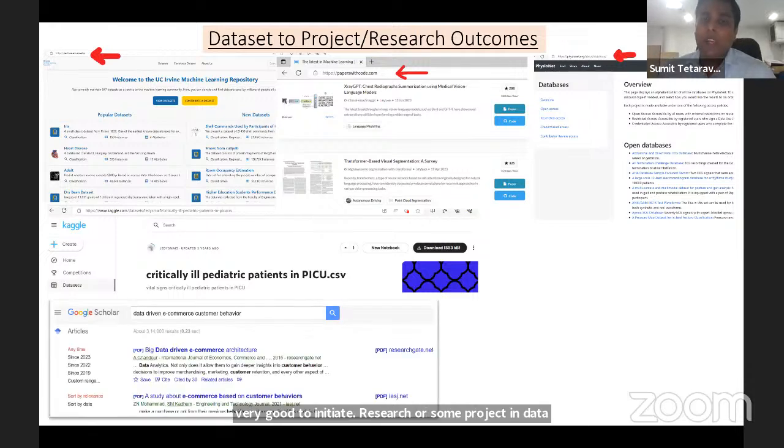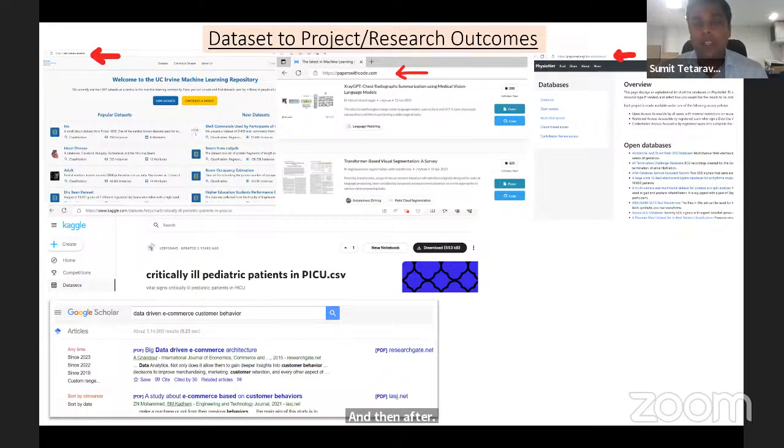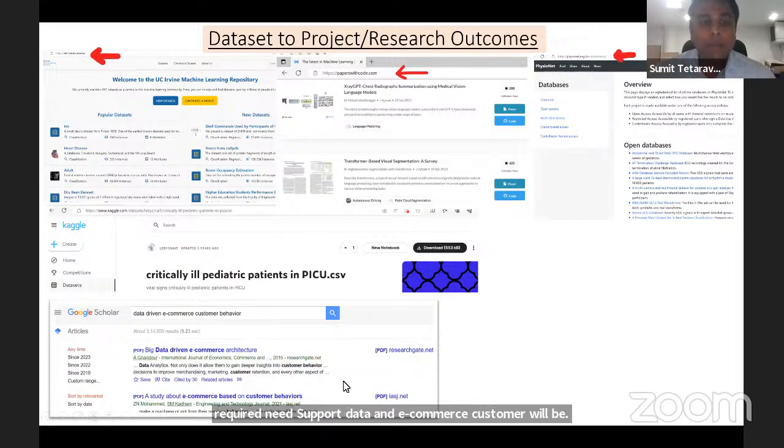And then, to finalize the work, after downloading your data set, you first have to understand and analyze what kind of data analytics or data science has been performed on that particular data. For that, you go to Google Scholar or another site where you can find research. Then you type your required interest or need. Suppose I type data-driven e-commerce, customer behavior, then lots of papers will come. And then find some papers,